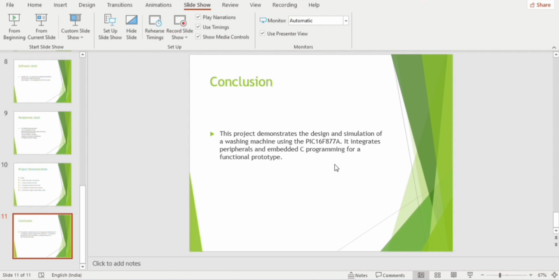Next, the conclusion part. This project is not just about a washing machine, it's about understanding how embedded systems work in real life. From coding in embedded C to interfacing hardware to simulating and testing, we covered a full embedded system development cycle. We learned how a microcontroller can control real world devices using logic and timing, and this same concept can be extended for other applications like home automation, smart agriculture. It's a great foundation for anyone looking to build a career in embedded C,